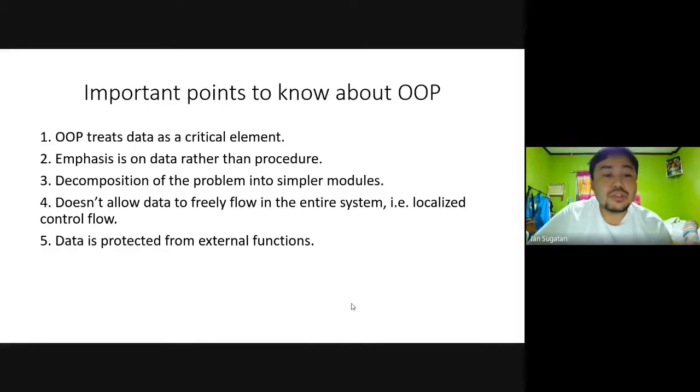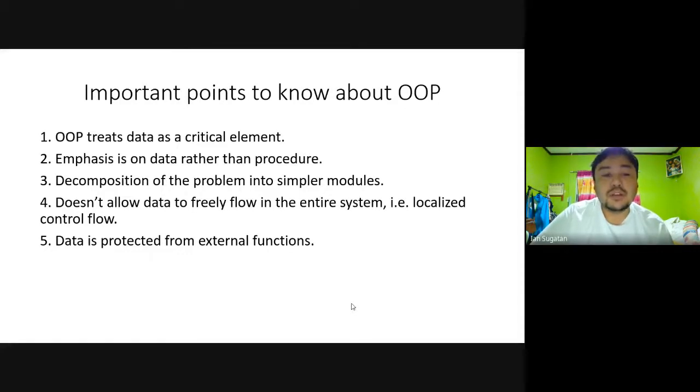Number two is to emphasize data rather than procedure. Data is king over procedure. Data is everything. Data can be interpreted, evaluated, stored, retrieved, and used for a purpose. A procedure is just the steps, but data will make a difference in